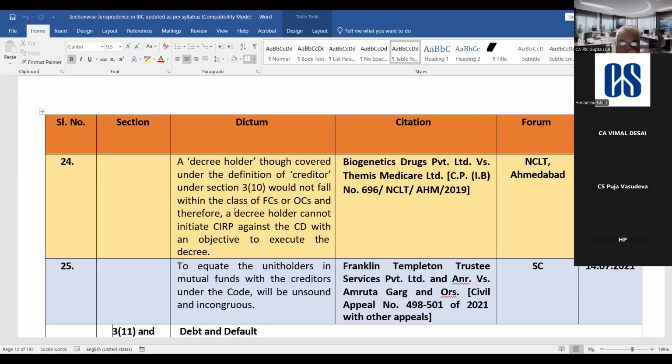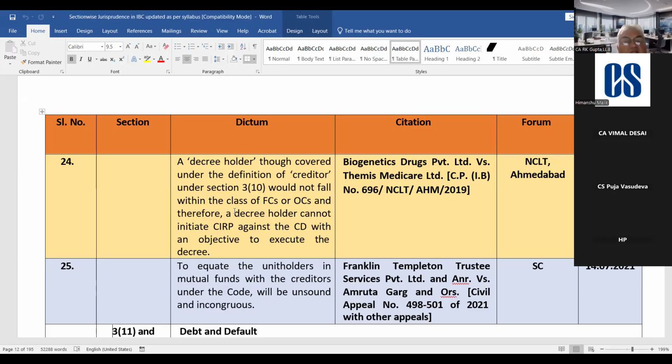execute the decree. मतलब ये एक आदमी को पैसे नहीं मिले, वो कोर्ट में चला गया, उसके फेवर में डिक्री अवार्ड हो गई। Now the question is whether that person can initiate proceedings. The answer is no. He will be entitled to file the claim, but he cannot file the petition as financial or operational creditor. भाई, हमने क्या पढ़ा, हमने पढ़ा कि कौन कौन लोग एप्लीकेशन फाइल कर सकते हैं: फाइनेंशियल क्रेडिटर, ऑपरेशनल क्रेडिटर्स और कॉर्पोरेट डेटर। तो ना वो फाइनेंशियल क्रेडिटर है, ना वो ऑपरेशनल क्रेडिटर, ना ही वो कॉर्पोरेट डेटर है, ठीक है। तो डिक्री होल्डर सेक्शन 7, 9 या 10 की एप्लीकेशन फाइल नहीं कर सकता, ठीक है।